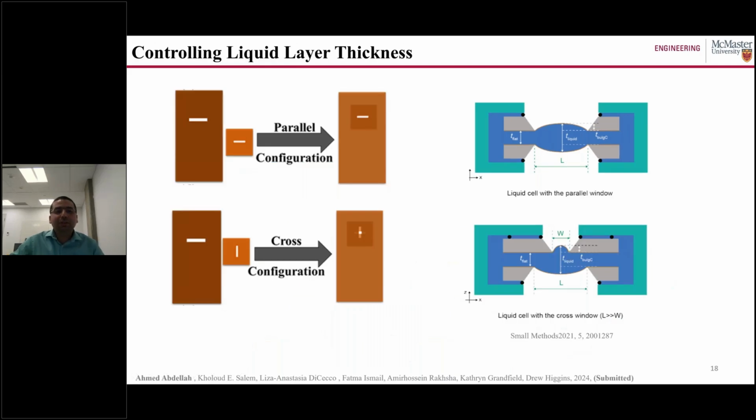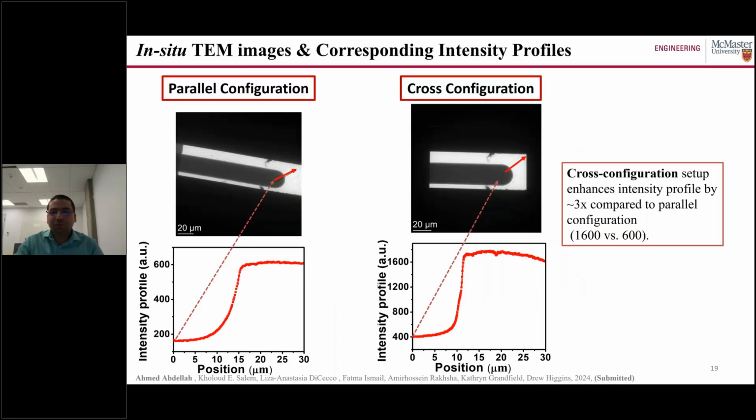The other way is to play with the cell configuration. The large chip has a specific position, you can't change it, but the small chip, you can change the position, and you can make it a parallel configuration or cross configuration. The cross configuration can give you, close to the edge, a very small thin layer of electrolyte so that you can increase the resolution. And we conducted some small measurements to show how the cross configuration and the parallel configuration affect the resolution. As you can see in the first figure, in the parallel configuration compared to the cross configuration,